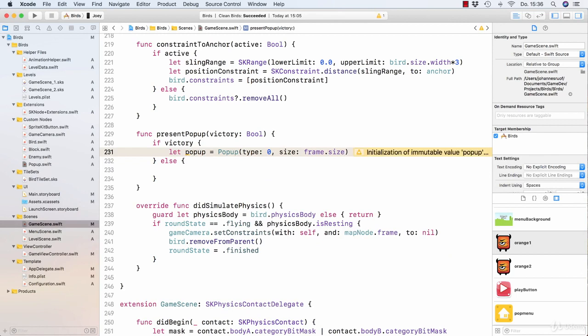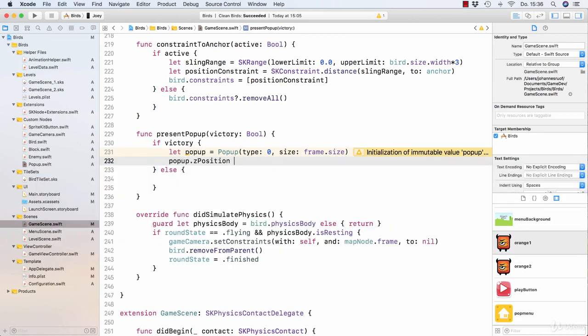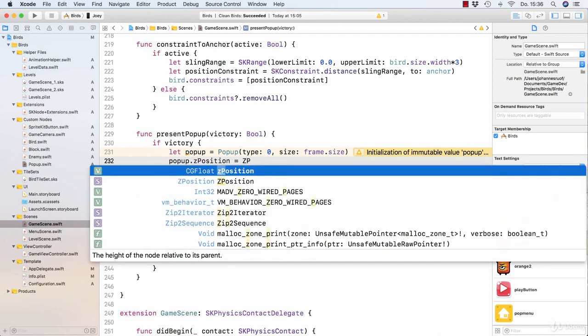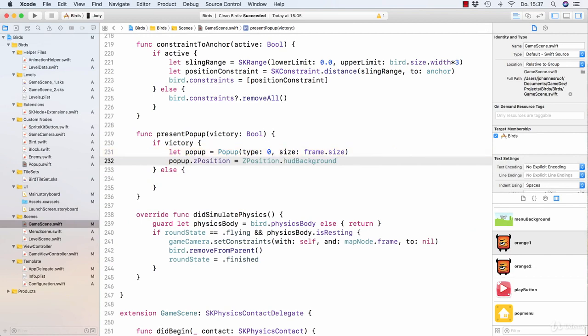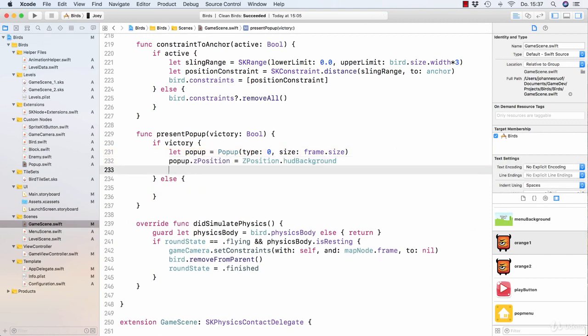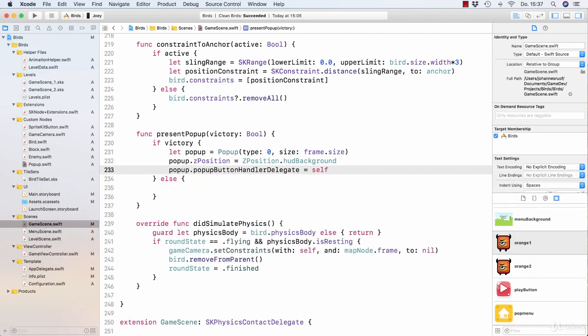Next, I will set 2 properties for the pop-up, beginning with popup.zPosition, which I will set to zPosition.hotBackground to make sure our pop-up is rendered above all the other elements currently visible in the scene. And then I want to set popup.popupButtonHandlerDelegate property, which I will set to self, to be able to now handle the delegate calls in a GameScene